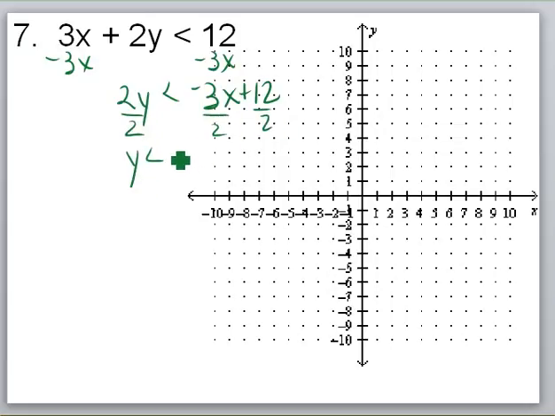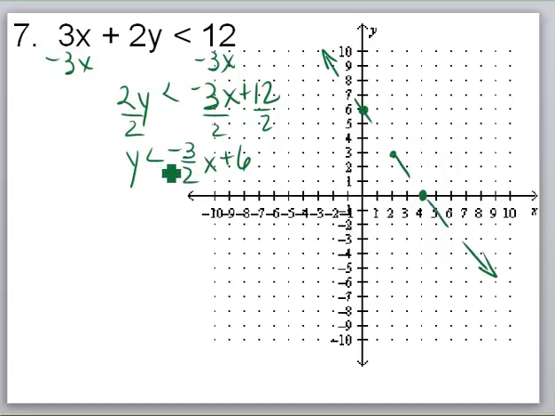I just like to do it this way because then I can check out the sign. As long as this y isn't negative, the sign isn't going to flip, so you could look at that. We're going to go up to the 6. This has a negative slope, and notice how I said that the y-intercept would be 6 and the x-intercept would be 4. So we'll go down 3, over 2, down 3, over 2. There's where the x-intercept is 4. I use a dotted line,